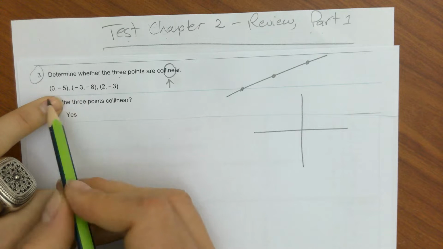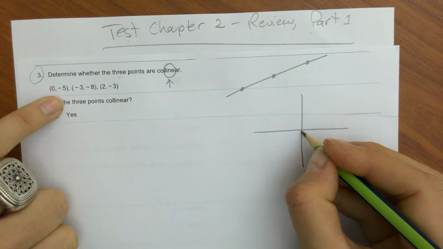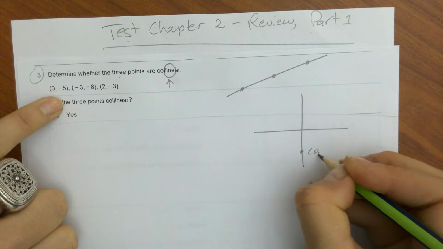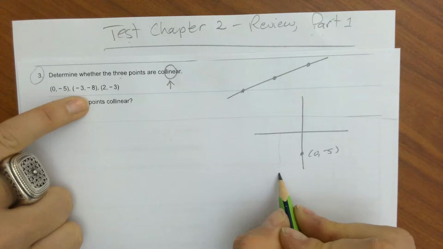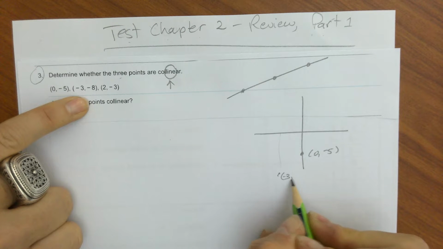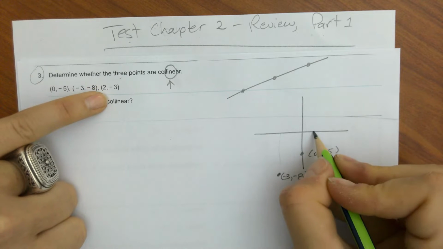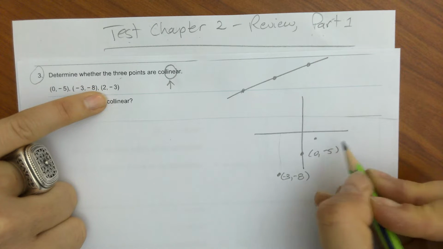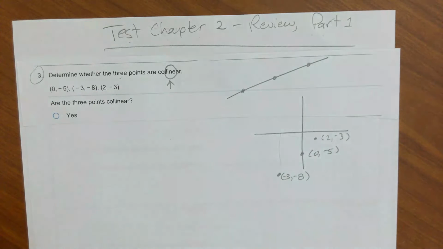So I'm just going to kind of graph them, but very loosely. I'm going to say, okay, 0, -5, okay, -3, -8, 2, -3. Because when we do collinearity,